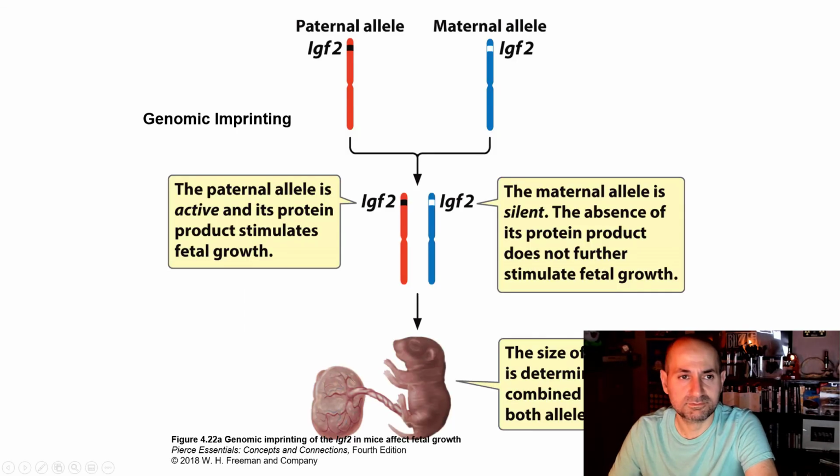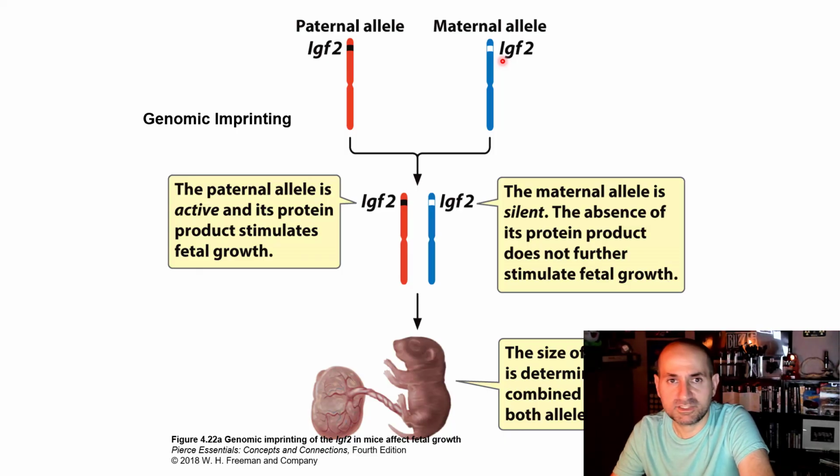Very interesting stuff. Now moving on to genomic imprinting. Again, remember, this is when you inherit an allele from one parent, but that allele might be switched off due to methylation or some other kind of imprinting on the genome. So in this case, it's